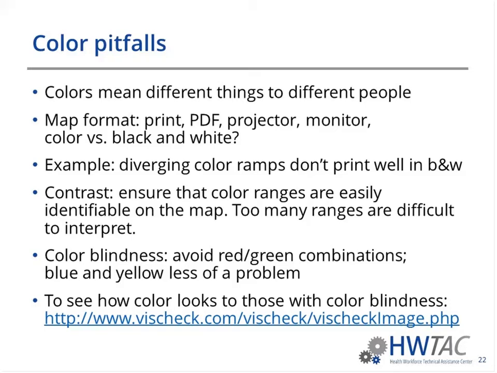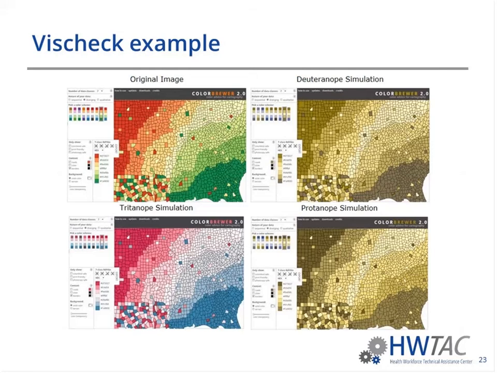And I've listed one website where you can test what your map will look like. And it looks like this when I did it. With my original image at the top left, I chose a red-green diverging scheme. The 2 images on the right are 2 forms of red-green color blindness. You can tell that there are variations in the darker shades,